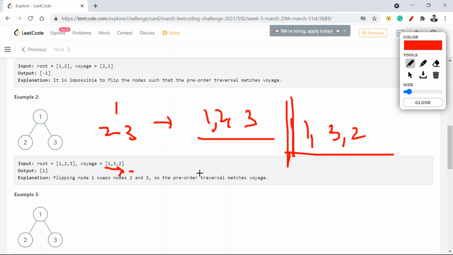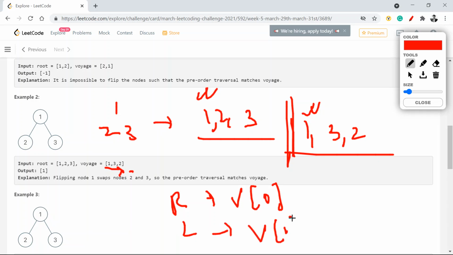What we're going to do here is compare each and every node with the value. I'll say, okay, if my root is matching with v0, in this case it's matching, 1 and 1 are matching. Now if my left is matching with v1, going with the same index, my 2 is not matching with 3. So I'm going to flip it. 2 is the place where the flipping happens.